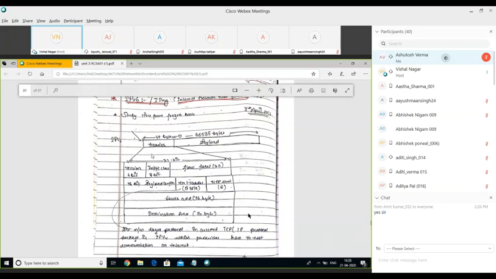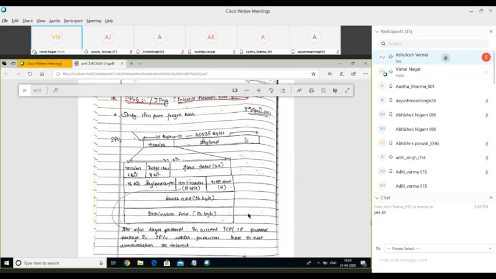The first field of this header is version. This 4-bit field defines the version of the IP segment. Right now we have only two versions of IP, first is IPv4 and second is IPv6. IPv4 is the current version that we are using on the internet, in which the size of the IP address is 32 bits. An IP address is just like an identity of a device in the network.